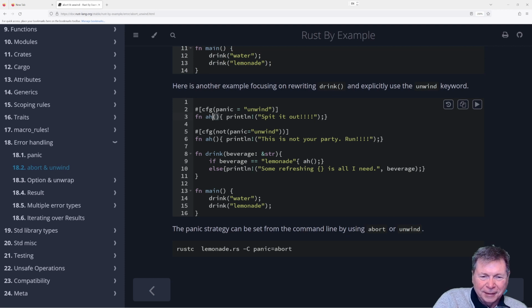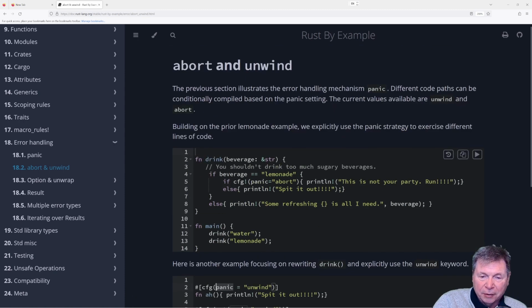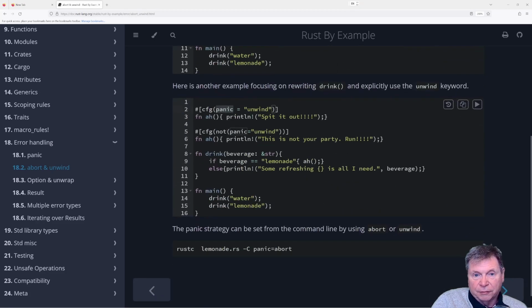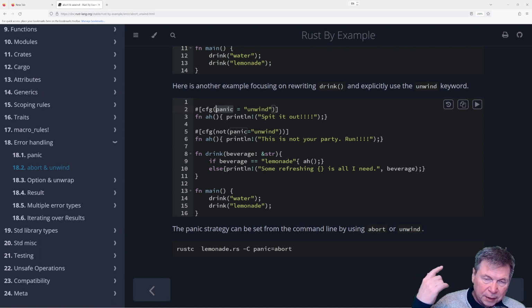I don't understand. I guess this is a different thing. This is some global variable panic, and the other one's a macro panic. They do different things, but they're both called panic. Just remember the one that is the macro is the one that will crash and unwind everything and exit.